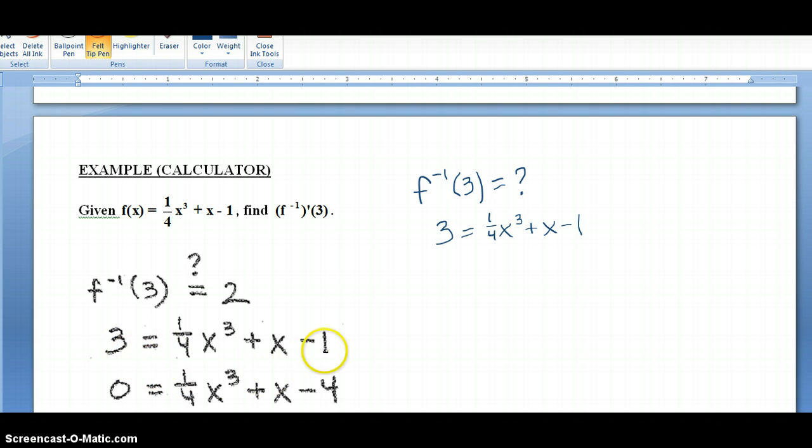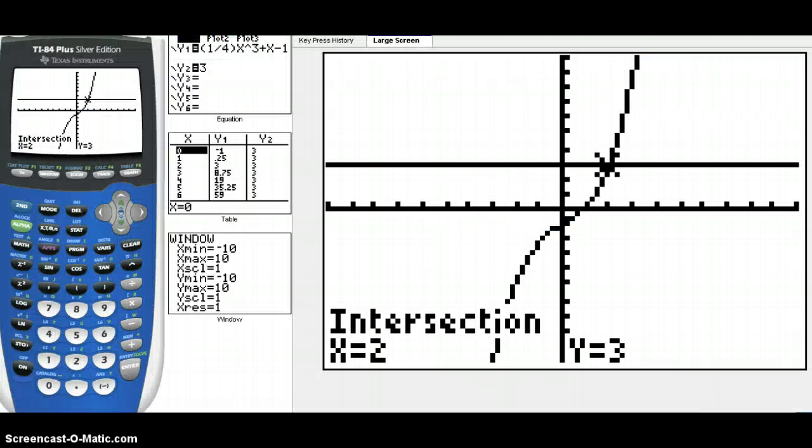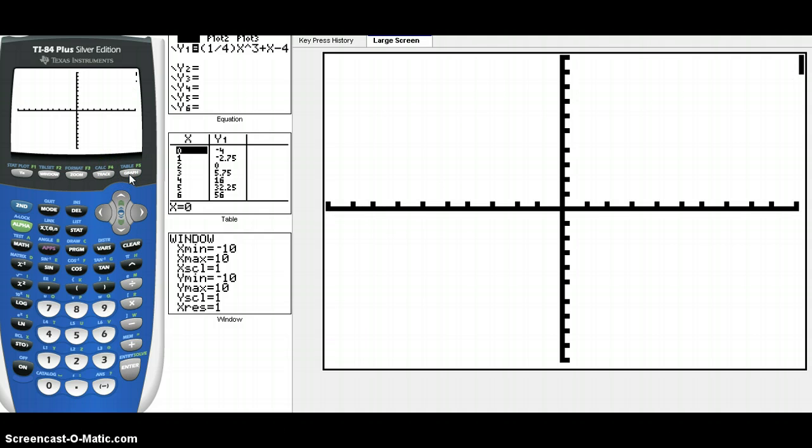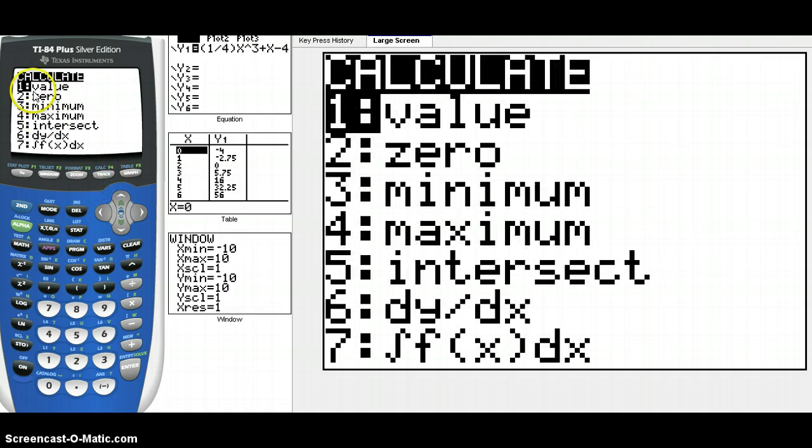What I did was subtract the 3 over, and I found the 0. So I graphed the function 1/4 x to the third plus x minus 4, and since it was equal to 0, I found where it crossed the x-axis. Just to show you that real quick, I'm going to go back to my function, and I'm going to change this to 1/4 x to the third plus x minus 4. I no longer need y equals 3, and when I graph this, it's going to cross the x-axis in one place. If I wanted to confirm where that was, I would hit second trace 0,